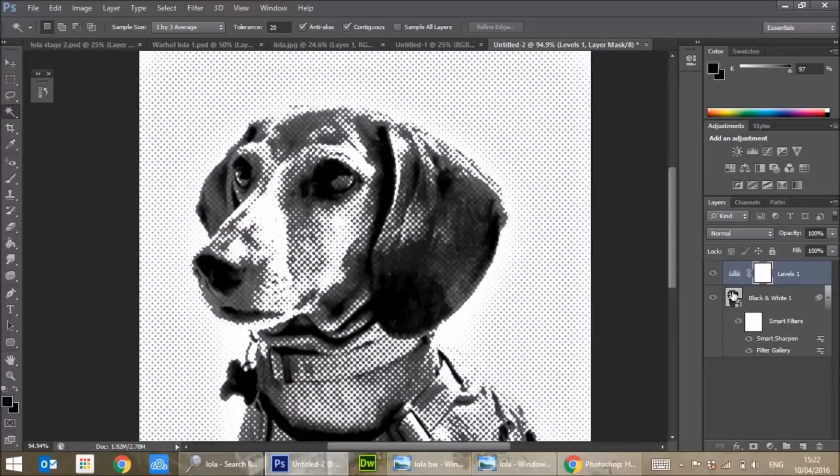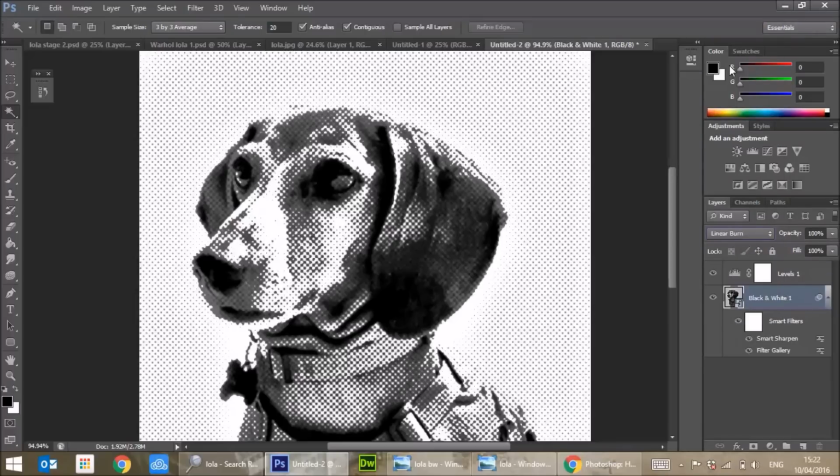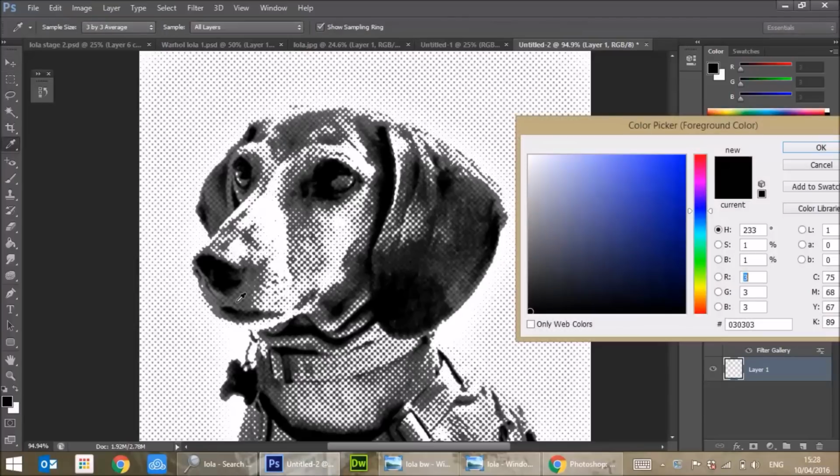Okay, next I want you to click on your subject to make it active, and I want you to change its type to linear burn. Then we're going to make a layer underneath this layer in order to add color to our subject. So I'm going to press Shift and the layer key and then move my layer underneath. So I made the new layer. I'm going to change the color to what I want my background color to be. So I'm going to go for quite a bright blue,